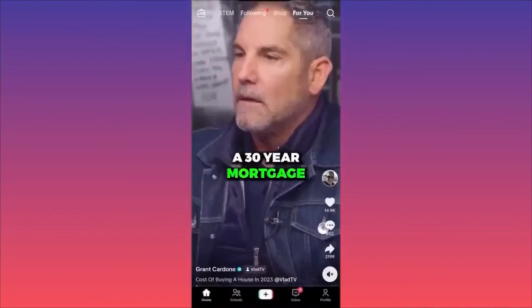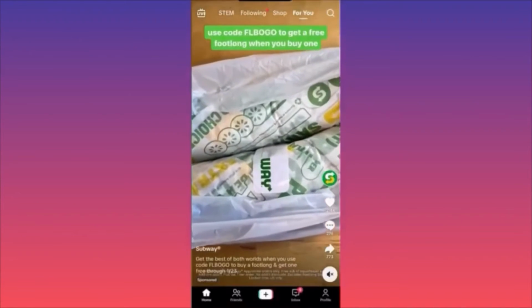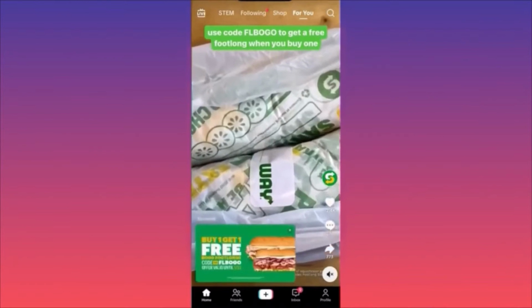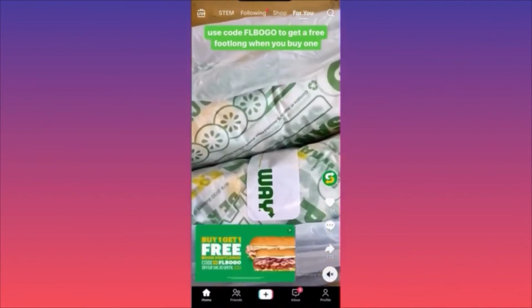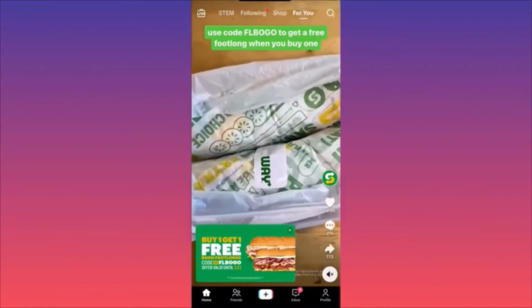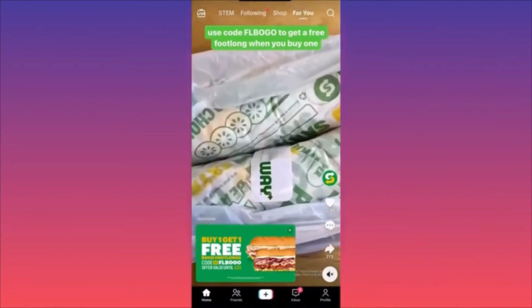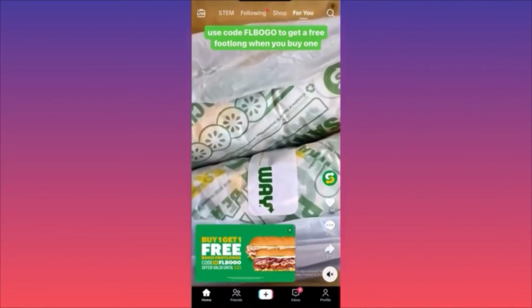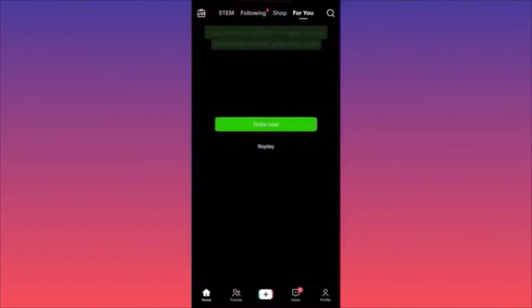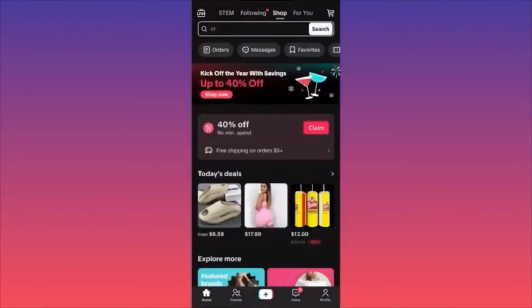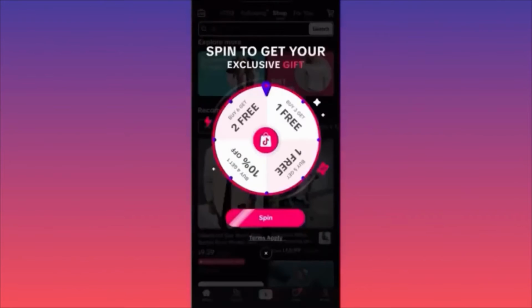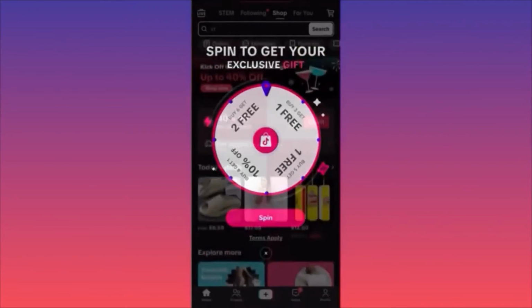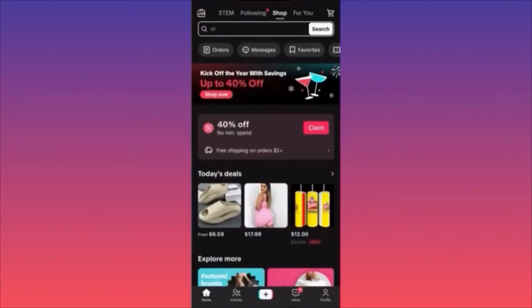As you can see, every fourth or fifth swipe will be an ad, which is kind of usual, kind of normal. If you go on the top side of the menu, you will see that there is an option to switch from the For You page to the shop. This is a new section where essentially people are selling a lot of items. Sometimes these items are sold by the brands itself, sometimes they are sold by creators, the influencers themselves.